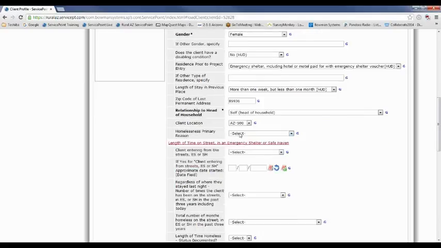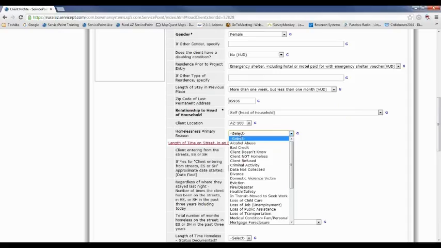And then what's the homelessness primary reason? What does the client report to you as the main reason that they're ending up homeless? Alcohol abuse, bad credit, the client doesn't know, the client is not homeless, and this should only be used for homeless prevention or diversion projects. The client refused to tell you, criminal activity, the data was not collected by the interviewer, divorce, domestic violence, eviction,